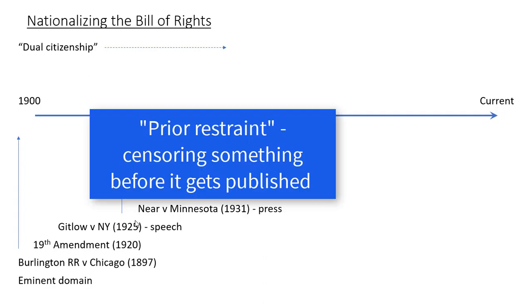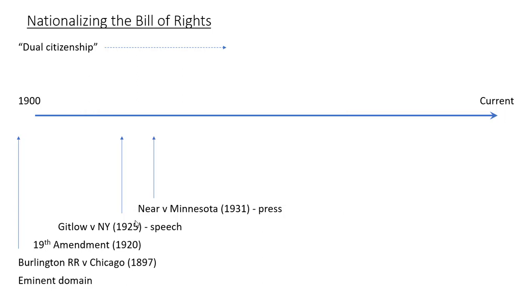States cannot censor a press ahead of time of anything that they are going to report. Now, we'll get into this in more detail later. The press has got freedom, but they also are held accountable for things that they say, but the states cannot censor them ahead of time as to what they are going to print. So here we see another aspect of the Bill of Rights that has now been nationalized. Because of this ruling, all of the states have to comply with freedom of the press.